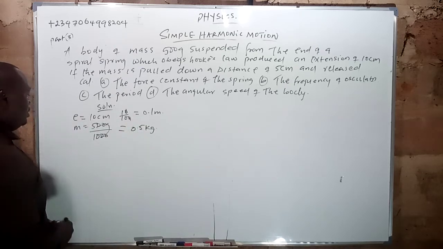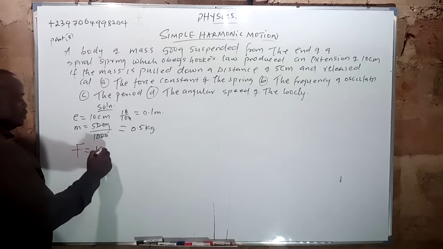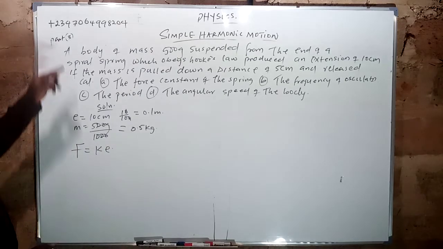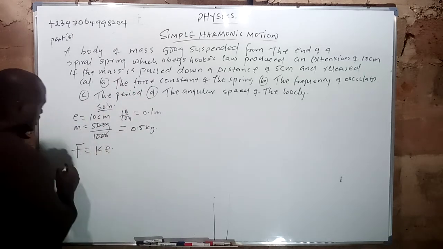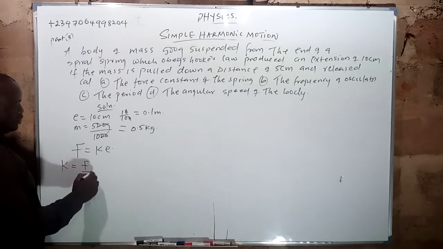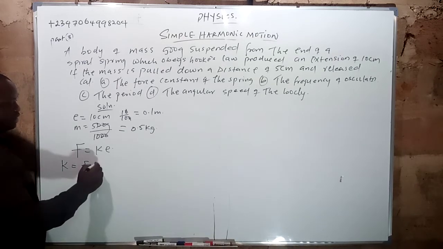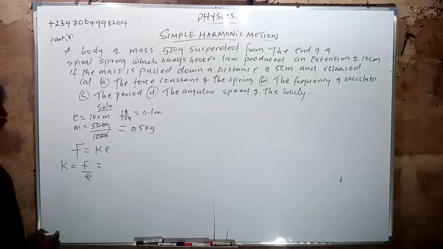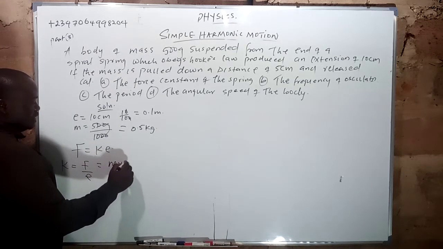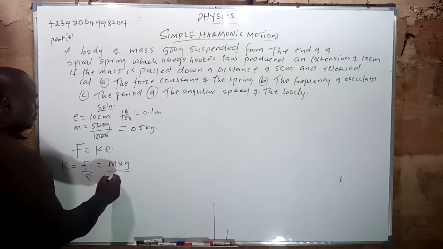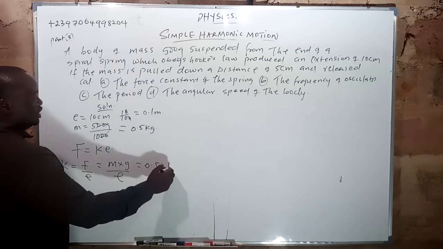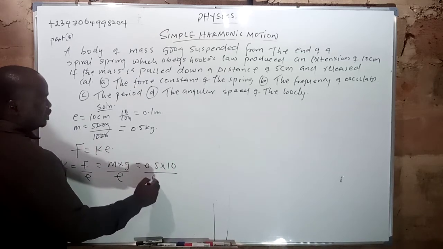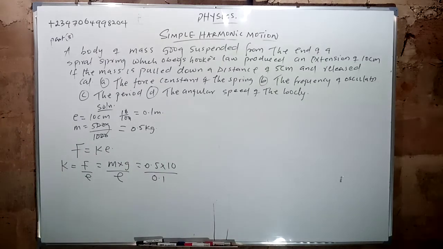Now I can solve. Remember from Hooke's law that force is equal to Ke. From part 1 of the video, this is part 3. And we want to calculate the force constant. So you make K the subject of the formula, which is K is F all over E. We were not given force, but you can get force because I said it in part 1. Force is mass times acceleration due to gravity. So you divide by extension. So your mass is 0.5 times your acceleration due to gravity, which is 10, divided by your extension, which is 0.1. And of course, punching it in your calculator, what you will get is 50